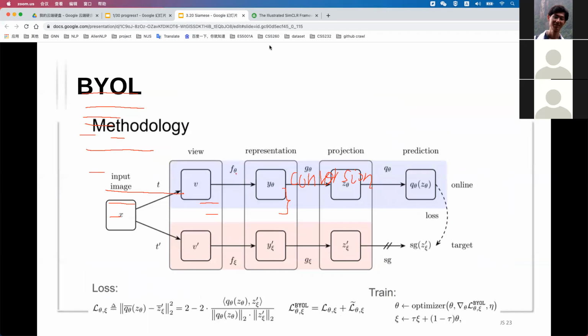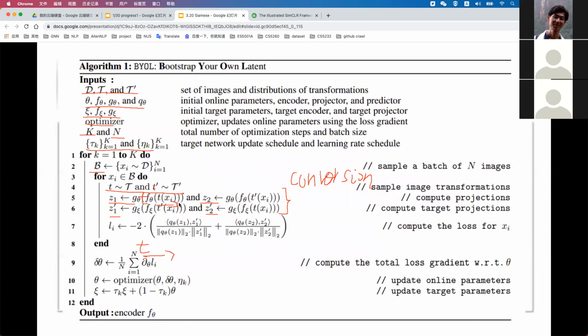Let me emphasize. After computing the t and the t prime, he will convert the t and the p. That means now he inputs the t prime here and the t here. So he just computed twice. Okay, let's skip this one, and I think it's really clear about the algorithm. So just select the batch and apply the transformations, and essentially this algorithm just represents the semantics of the previous one, right? The previous image. Yeah.